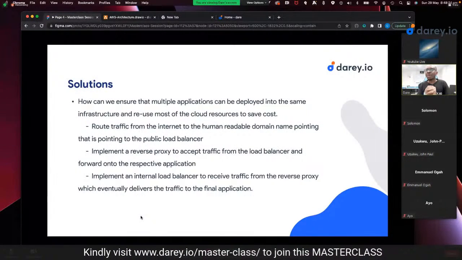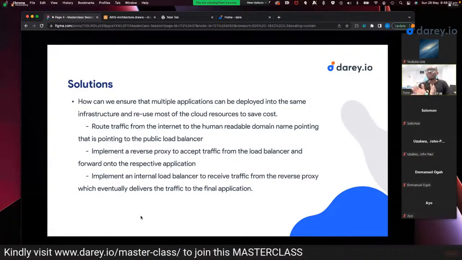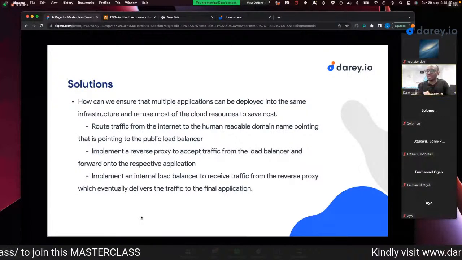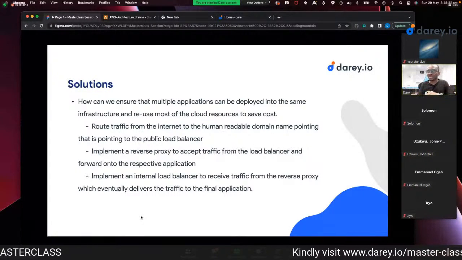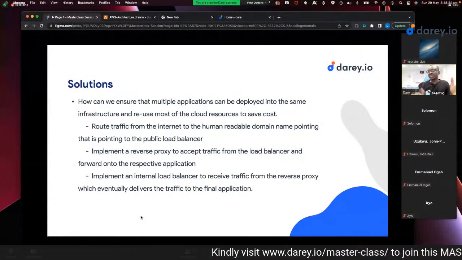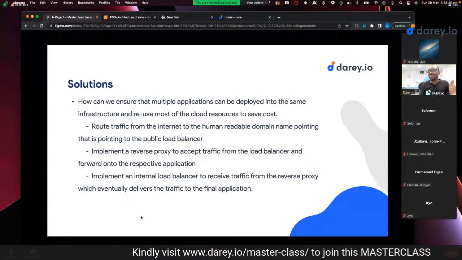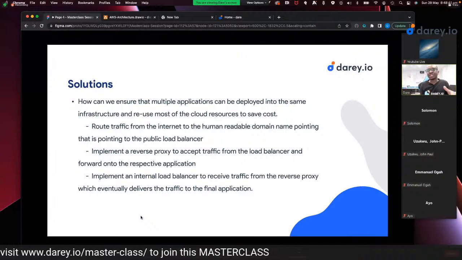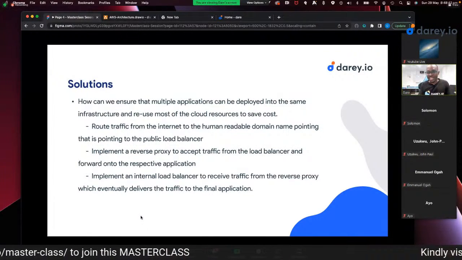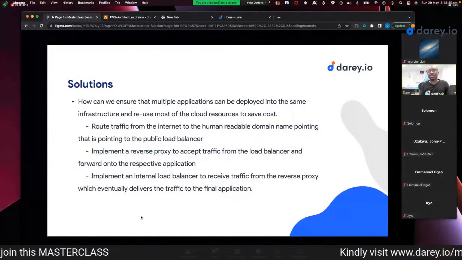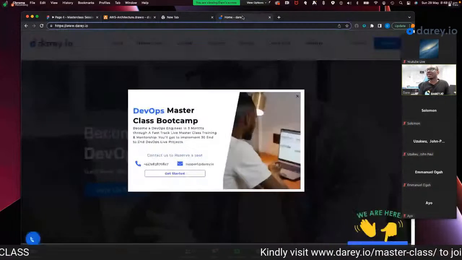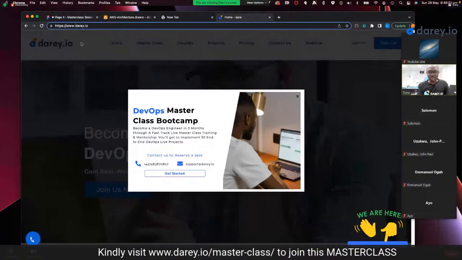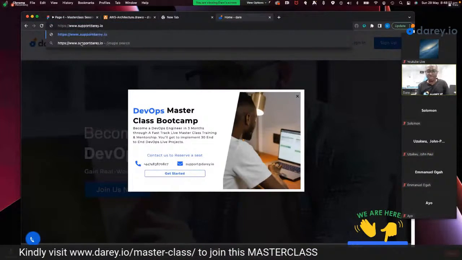Then the next thing we'll talk about is how we can ensure that multiple applications can be deployed into the same infrastructure and reuse most of the cloud resources to save cost. So this is actually taking us to a real business requirement, to be able to deploy multiple applications using the same infrastructure. It's just like our site. We have Dari.io. We also have a subdomain,